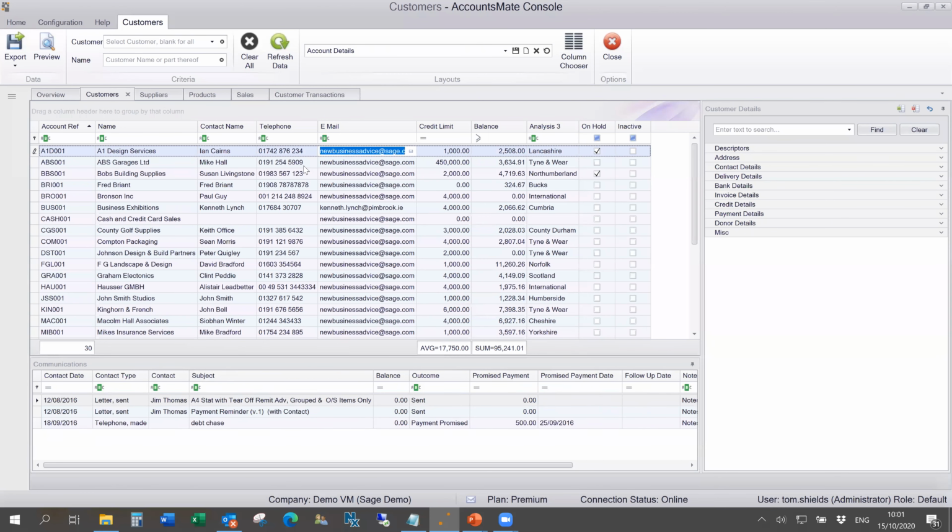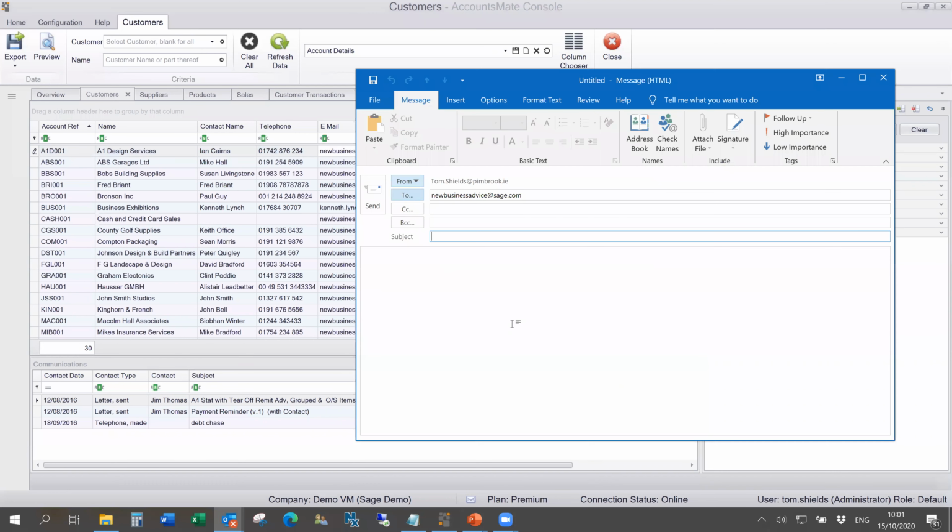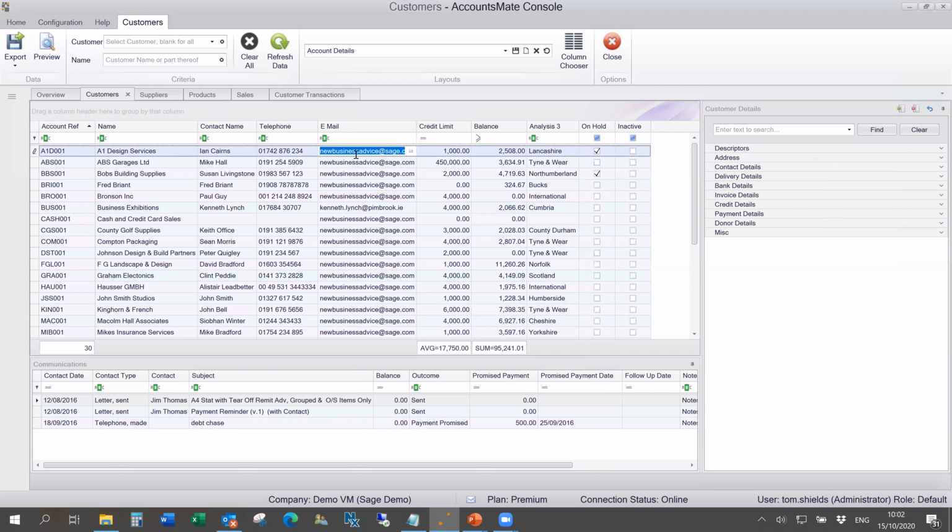If your data, for example, you can click on an email address and you can email directly from it. It will open up whatever your default email client is. In this case, it's Outlook, and pull in the email address so you can email directly from it. If you had the web link there, which you can pull on, you can also link straight to their website. And equally, if you have a phone dialer on your PC, which you can do, you could dial the number there as well. So there's a few things you can go straight from